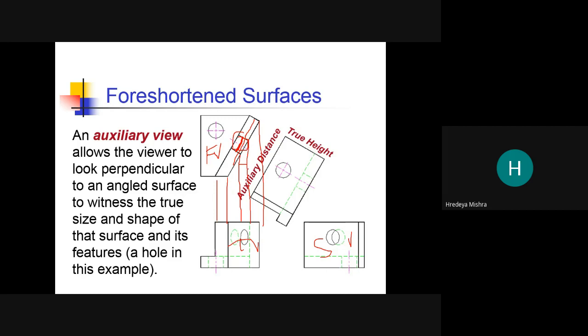So if we want to view the true height or true shape of this hole, we need an auxiliary plane which is parallel to this edge, and here we can see the true shape and size of the particular surface.